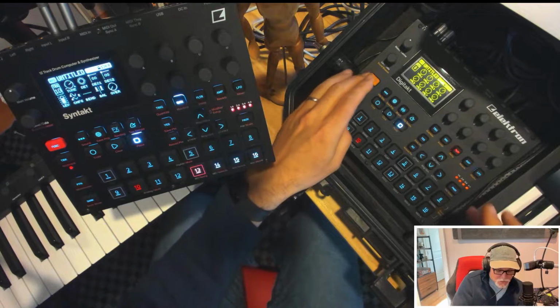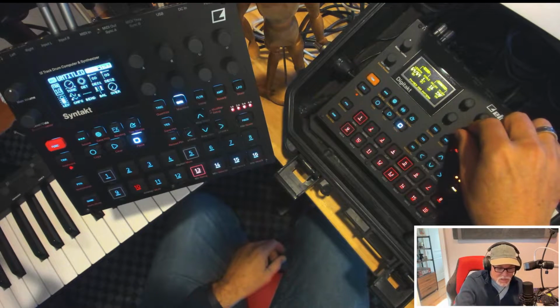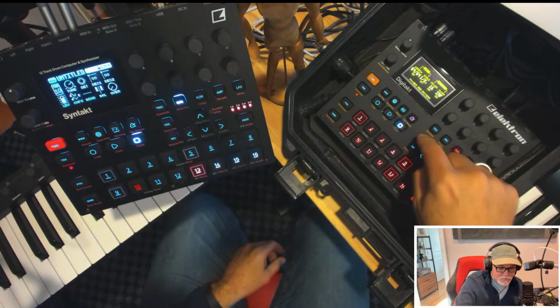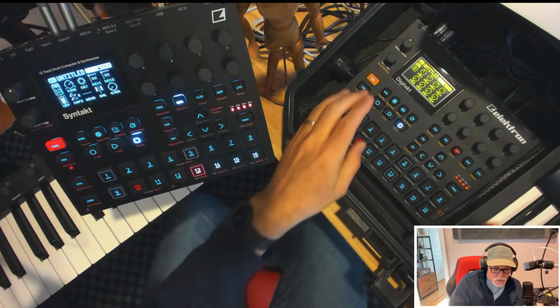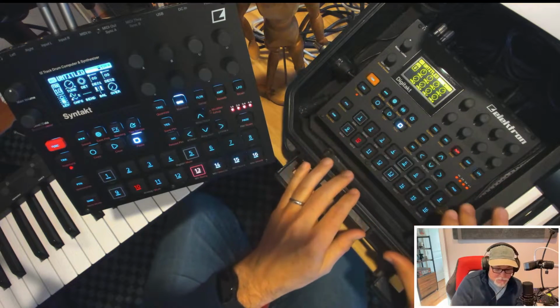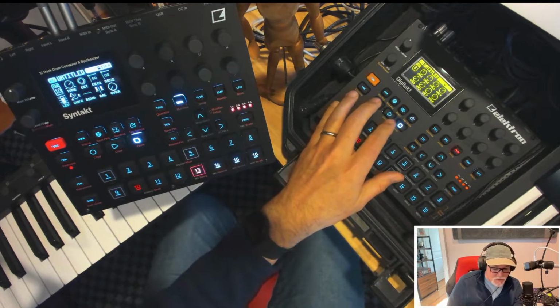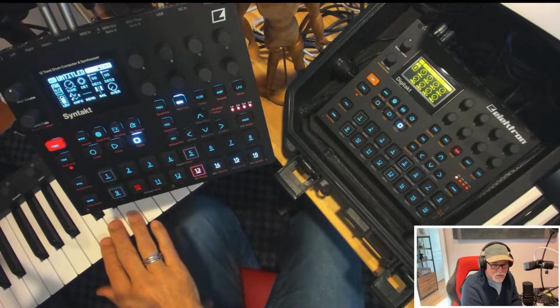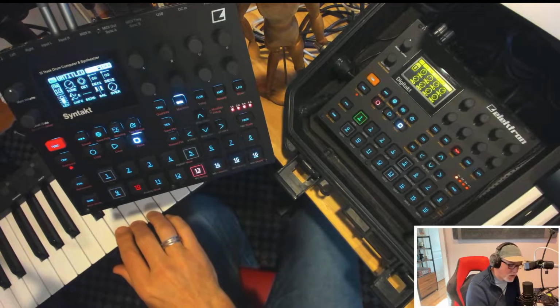And what I'm going to do is change the scale down to a half, and then I'm going to leave it at 4 pages, and then I'm just going to do step record, and I'm going to play a straight 8ths bass. Just do